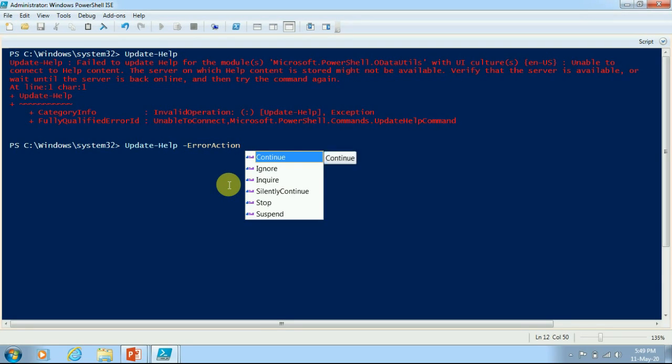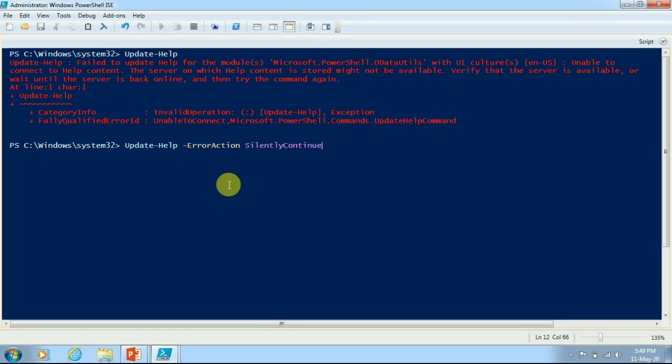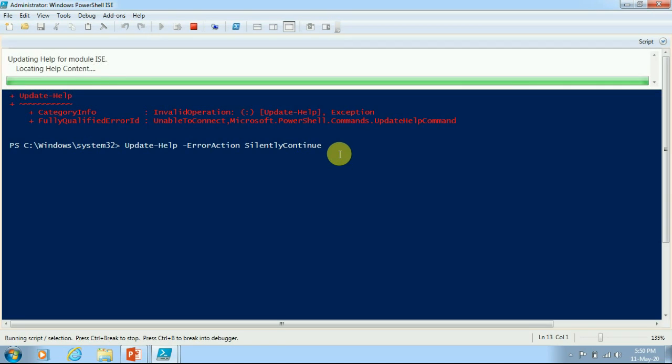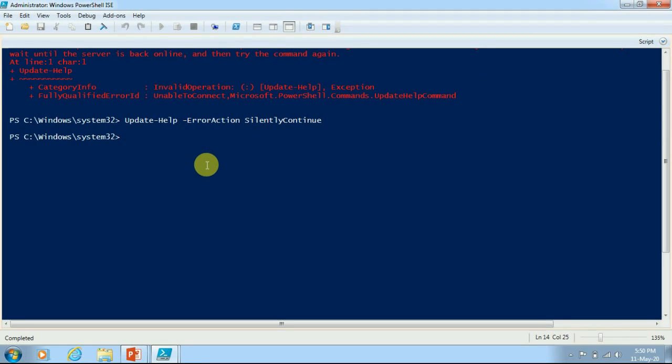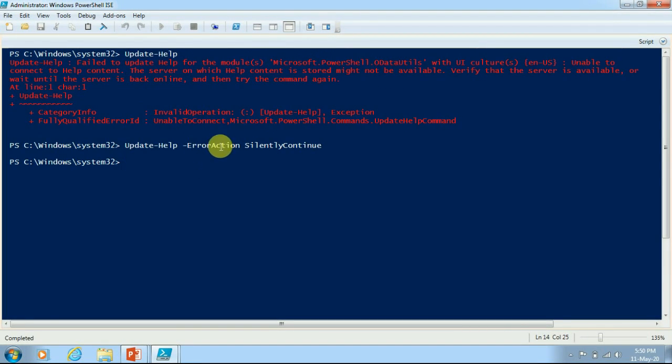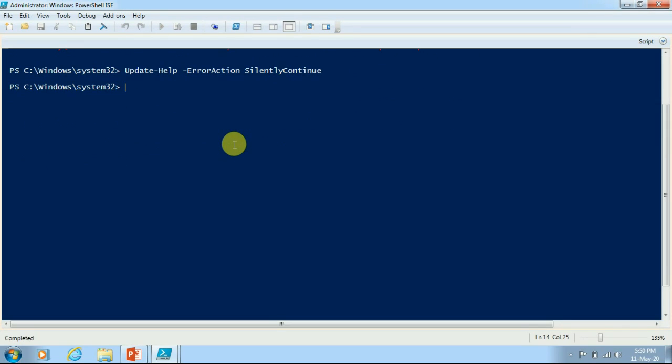I will pass the parameter value as SilentlyContinue, so that if any error occurs, it will just continue and ignore this error and it will not display on the screen. So if I run this time, you can see that this time we have not got any error. This is the benefit of using ErrorAction SilentlyContinue when we are getting some unexpected error.